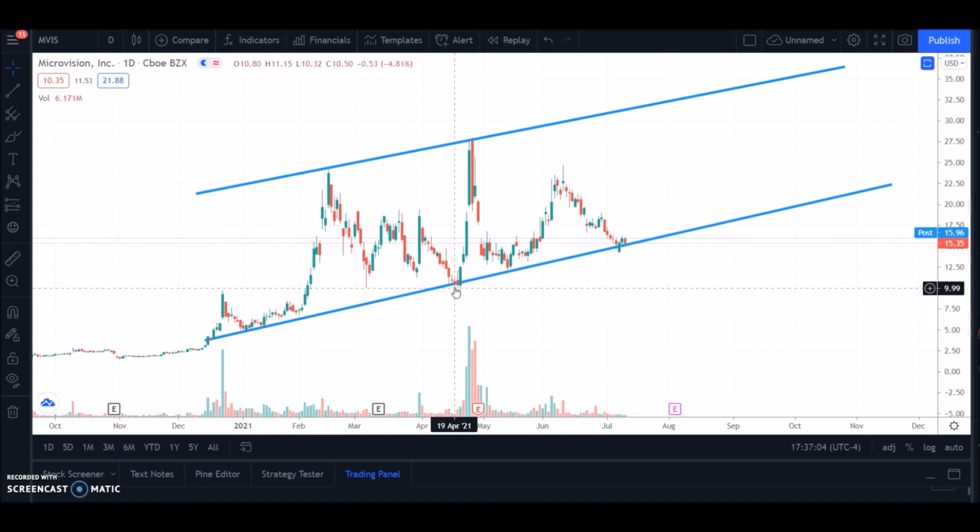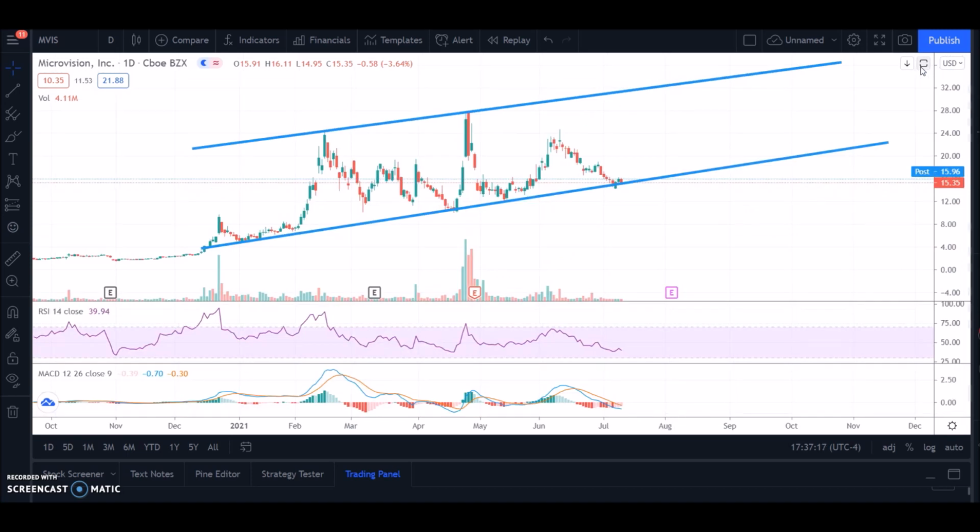See the stock here, right? So it went from 10 to 30, came down and again went to 24, came to 16, and if it goes back again, it could be another 23, or it could be a new high, who knows. Look at the RSI. On a daily, the RSI is coming down, but for the last few days it is a